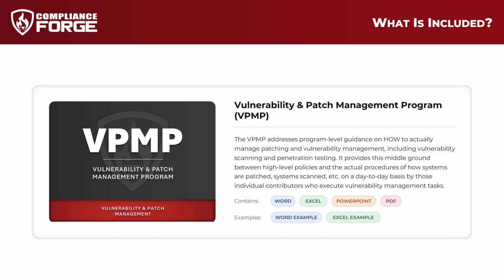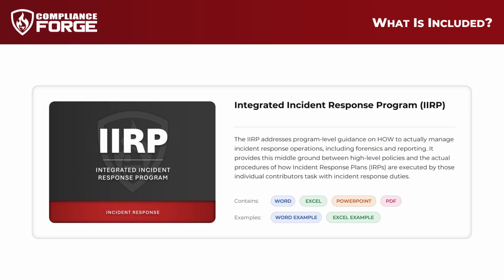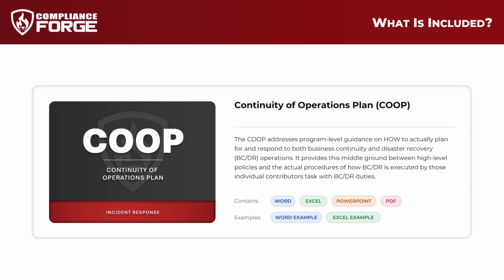The sixth is the Vulnerability and Patch Management Program, addressing how to actually manage patching and vulnerability management. The seventh is the Integrated Incident Response Program, addressing how to actually manage incident response operations, including forensics and reporting. The eighth is the Continuity of Operations Plan, addressing how to actually plan for and respond to both business continuity